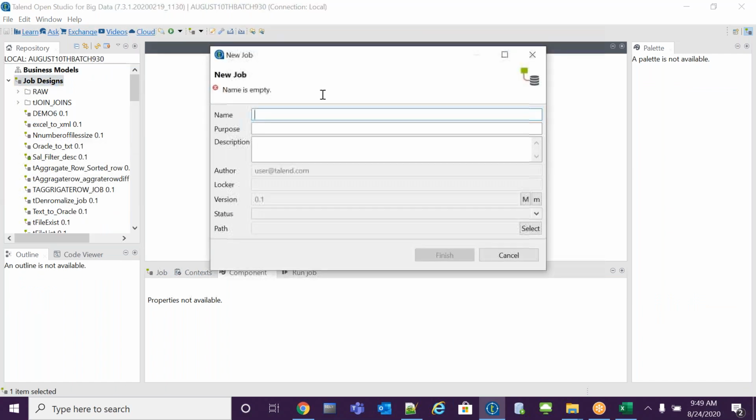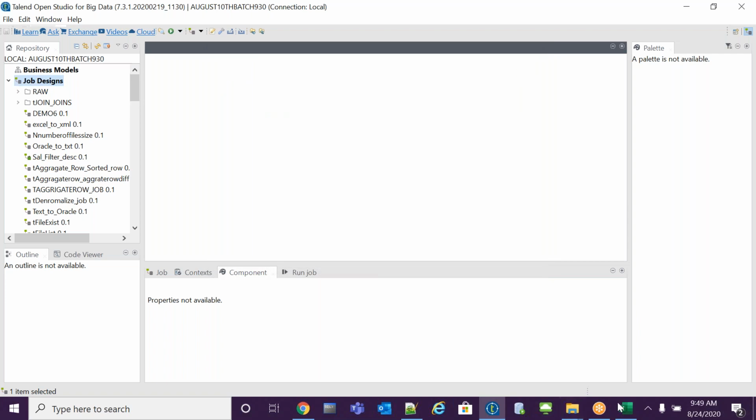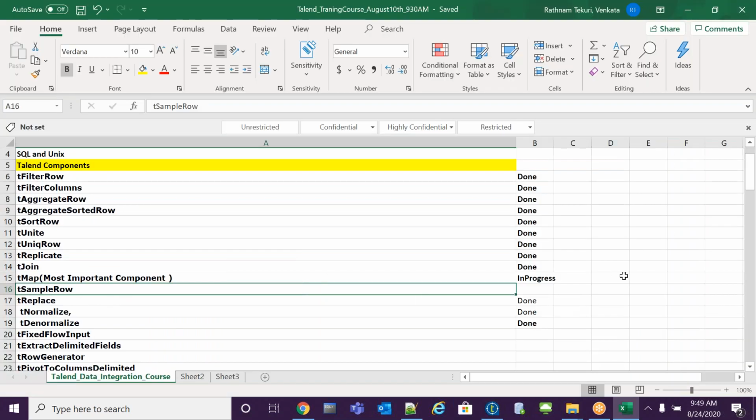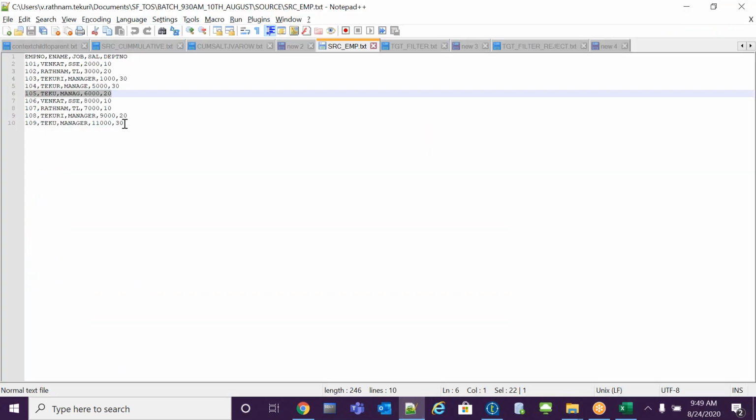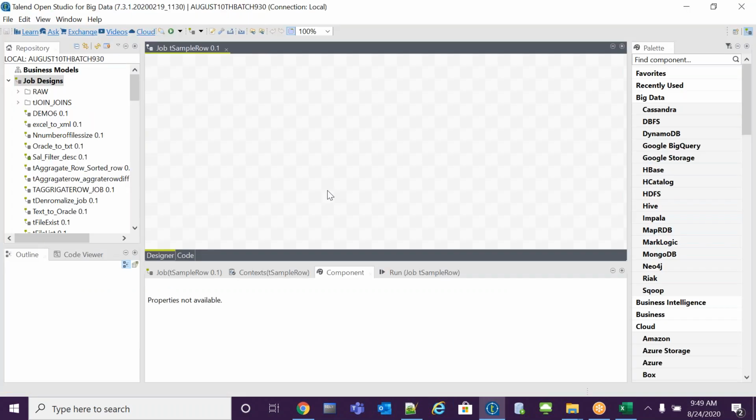The job design for tSampleRow. What is the use of tSampleRow? I want to read one of the files, and in between I want to load only the fifth record into my target. I don't want to load all the records. So let me do it. How to do it in Talend?